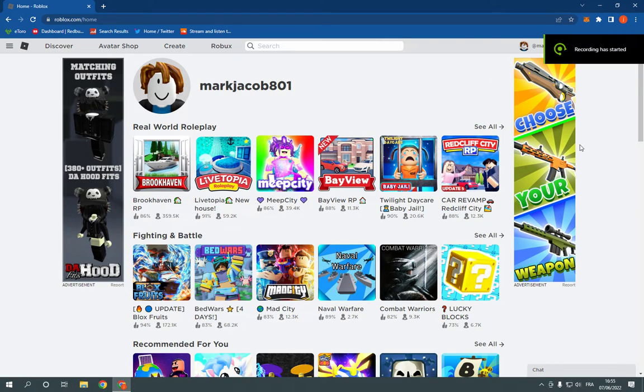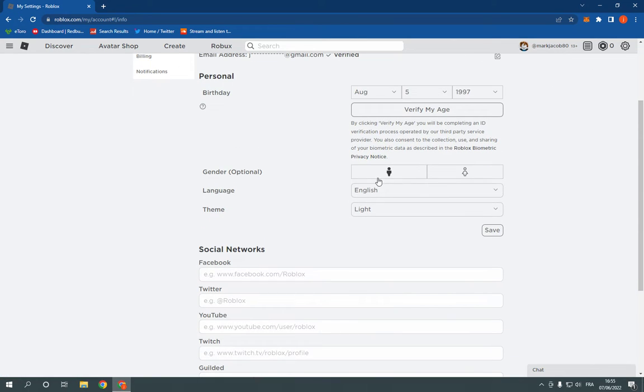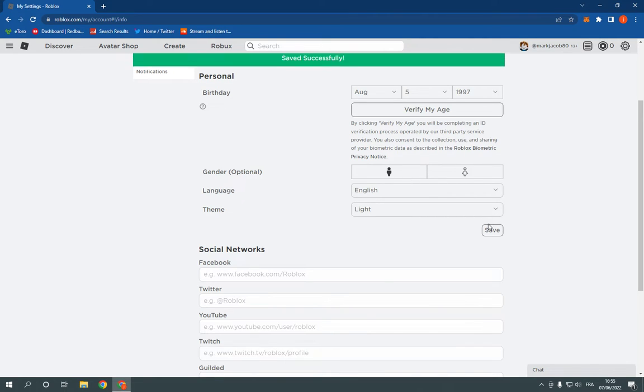How to change your gender on Roblox PC. Hello guys. So all what you have to do is simple. Go to Roblox. This is the home page, as you can see right here. Now all what you have to do is so simple and easy. Just go to roblox.com, go here to the top, click on settings, and now click on account info. On this page you will find gender, and here you can change the gender to female or male and click